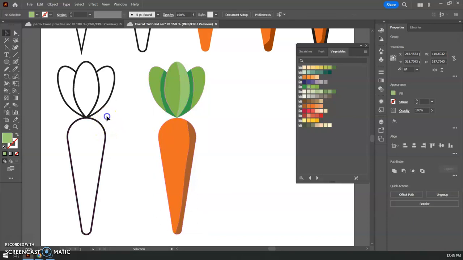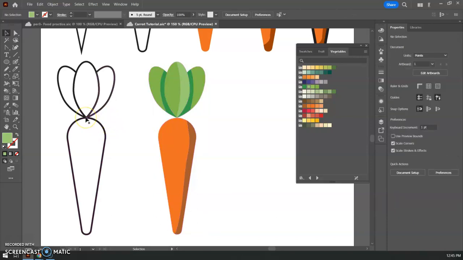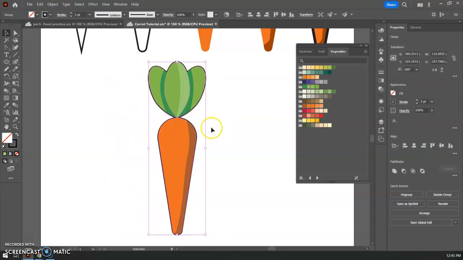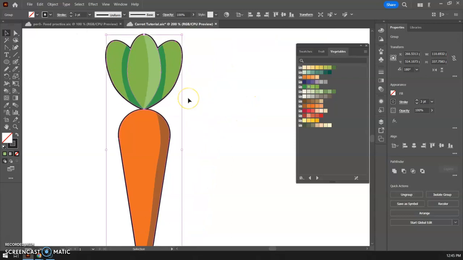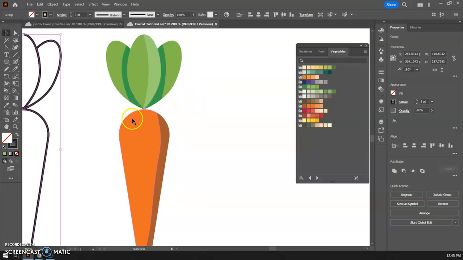I'm going to just grab this one, and I can drag that over to it and put that on top, but you'll notice that that is going to go under because by default whatever you make further along down the line is going to be on top. So I'm going to take this that I just moved there. Let's move it back, and let's move it here. I'm going to get it lined up on this,